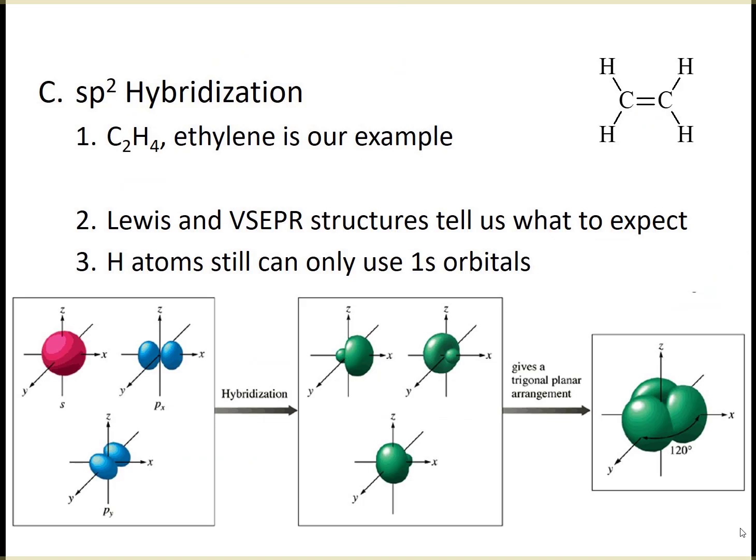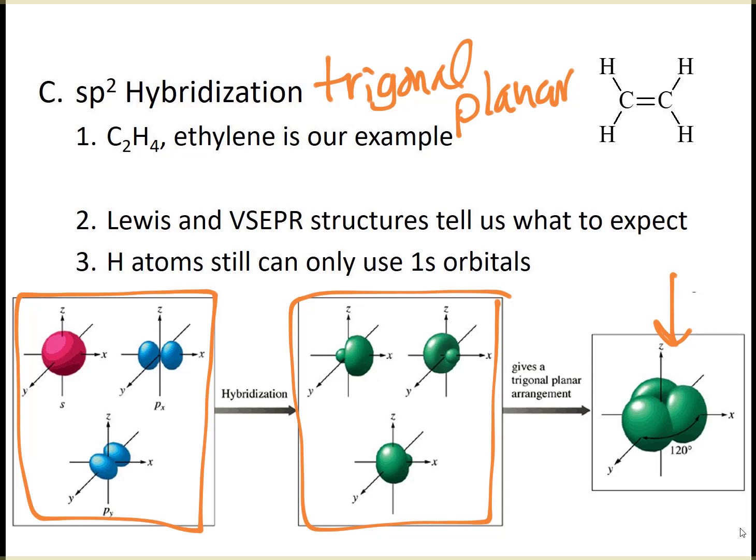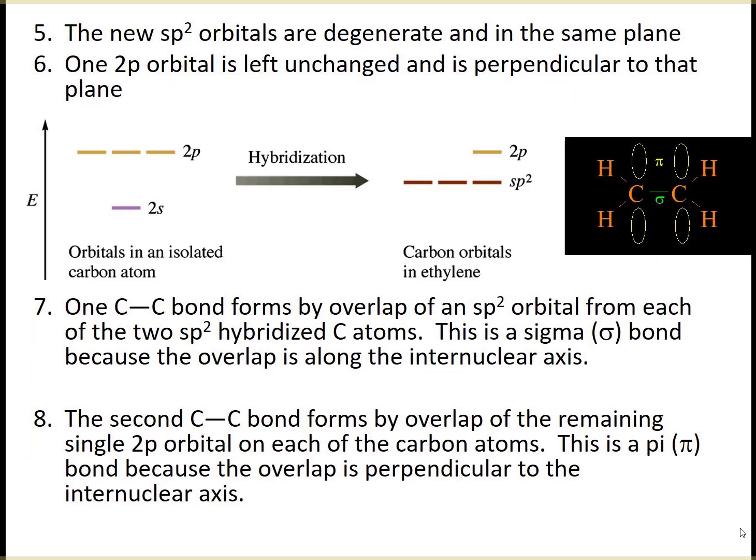Again, this occurs when we have trigonal planar, and we're going to use ethylene as our example. So in this one, we take an s orbital and 2 p orbitals, and they hybridize, and we get these shapes here. And when they're put together, this is that trigonal planar shape. And so this is why you have 120-degree bond angles. When you look at the ethylene molecule, you get hybridization between two p orbitals and one s, and those will all be degenerate, or all the same energy,